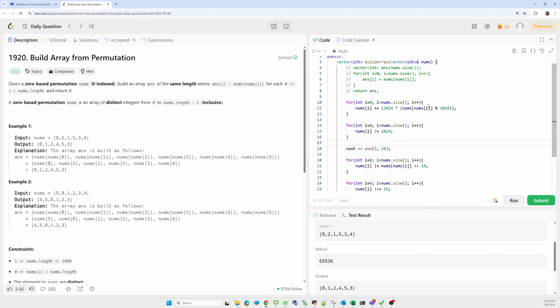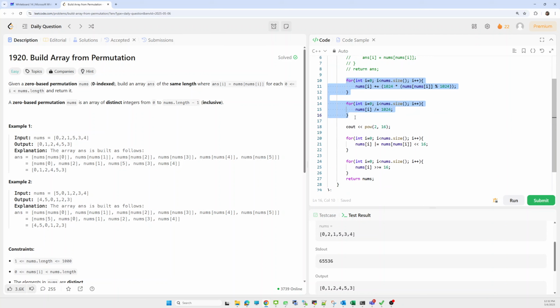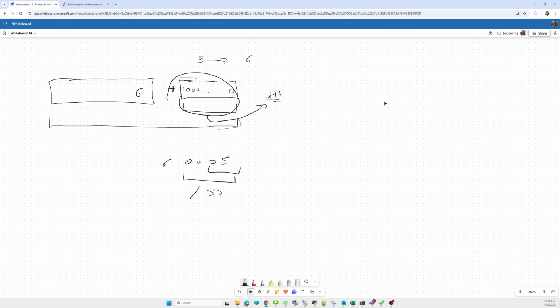And similarly, after that we have to update the original array also by dividing by 1024. Similarly, there is one more approach. The intuition is the same. In the previous one we were multiplying by 1024. Now instead of multiplying we can shift the original number by some amount and take the OR of it. Can we shift and make it in this range? Instead of 16, can we shift it below that also? Let's think of this also.